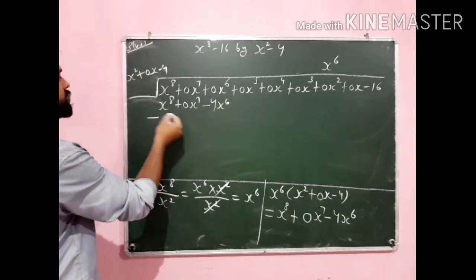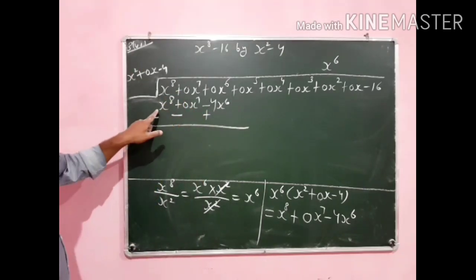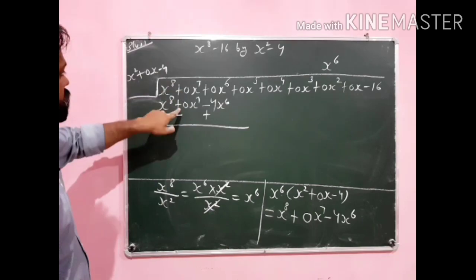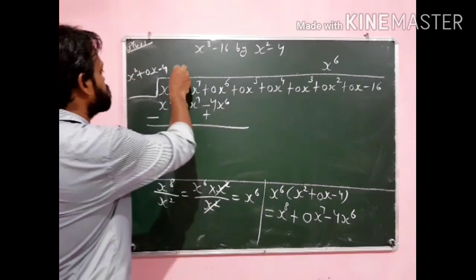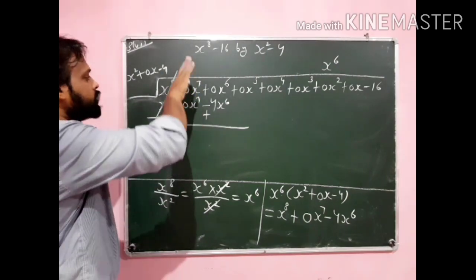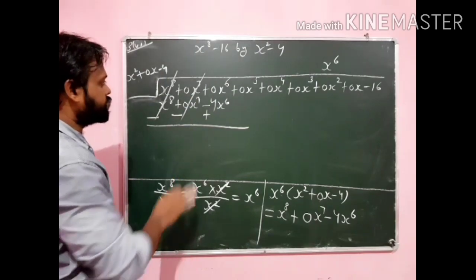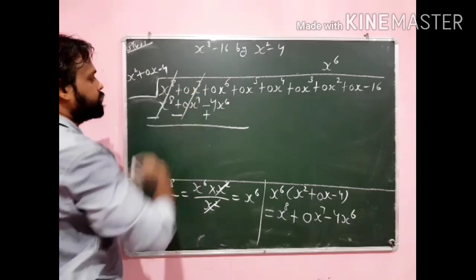And then you have to change the signs. This sign is the positive sign, so it is changed into minus. Even this plus will become negative, even this minus will become plus. So these two terms are cancelled out with each other. Even these both terms are zeros, so no need to cancel, but if you cancel like this, then it is also true, because the terms are the same and both are of opposite sign.